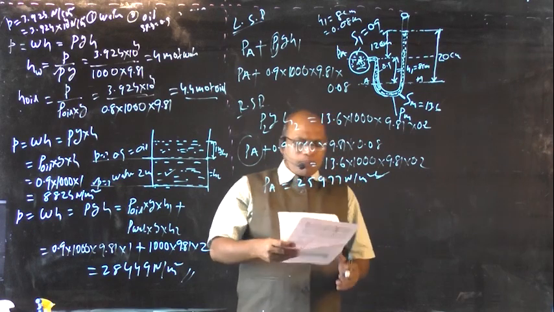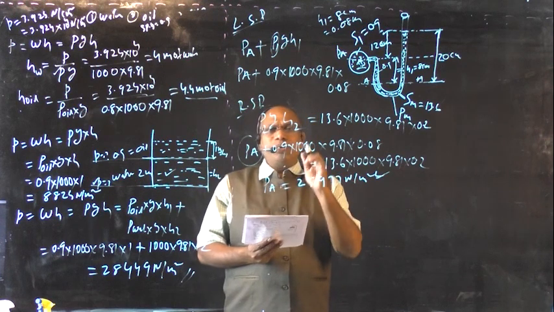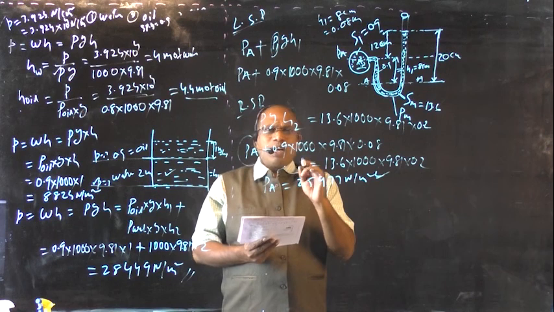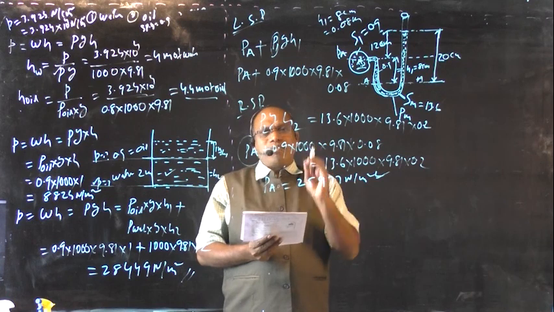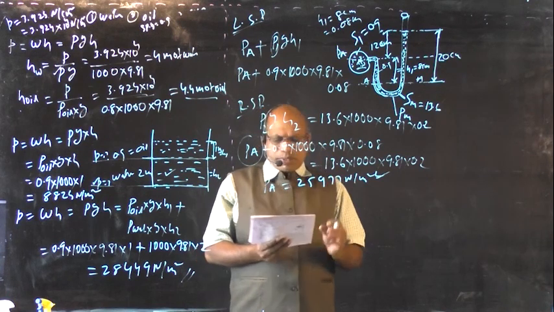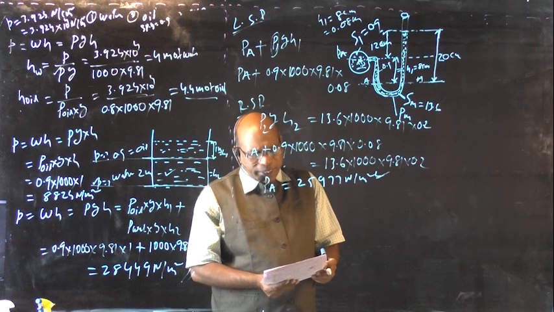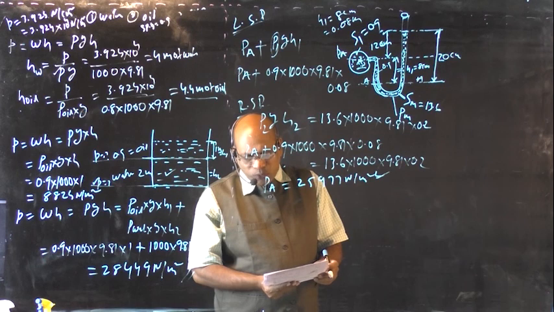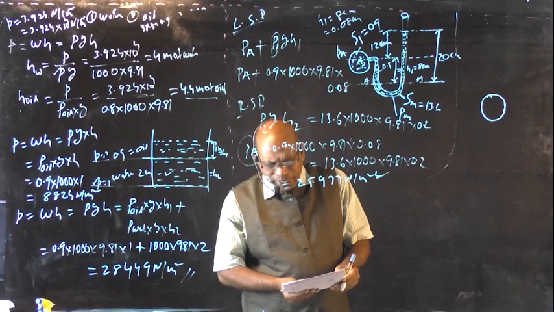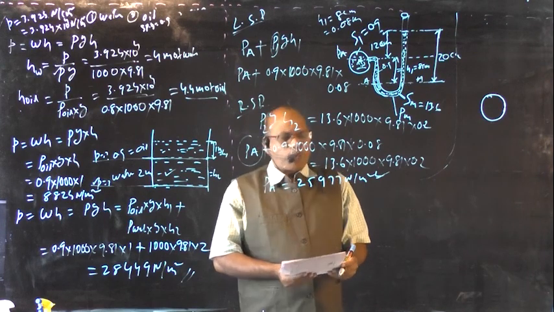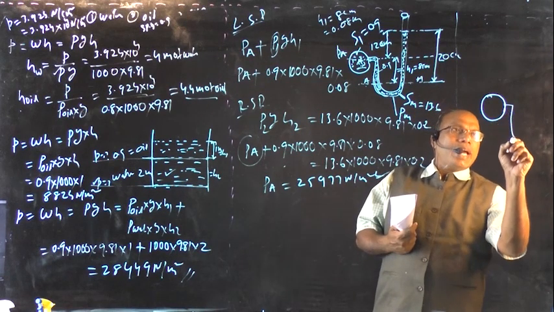Please note down another problem. Already I told you, before solving problems related to U-tube manometers, differential manometers, or single column manometers, any manometers, first we draw the diagram based on the given data, then only solve the problems. A simple U-tube manometer containing mercury is connected to a pipe in which a fluid of specific gravity 0.8 and having vacuum pressure is flowing. Based on the vacuum pressure, we are going to draw the diagram.